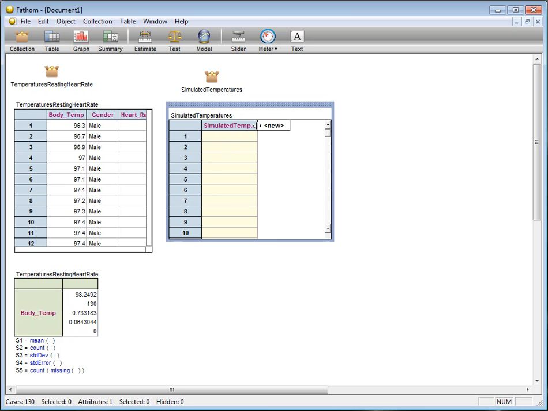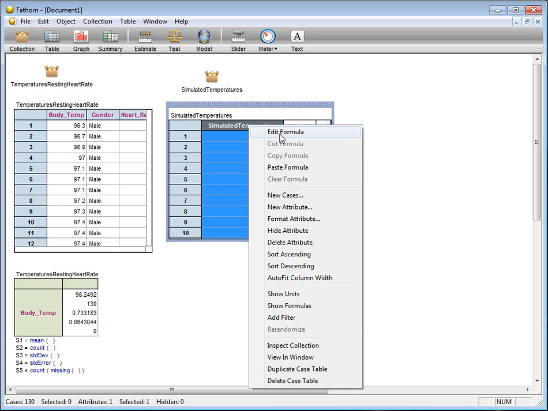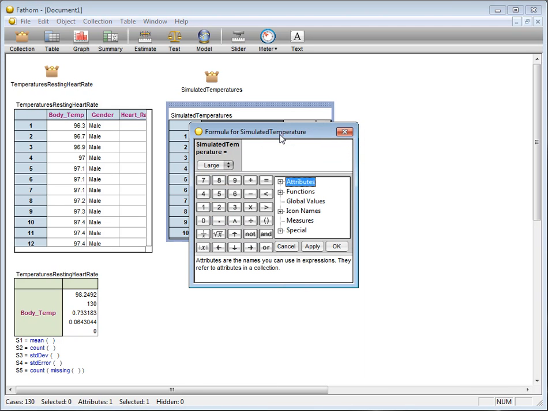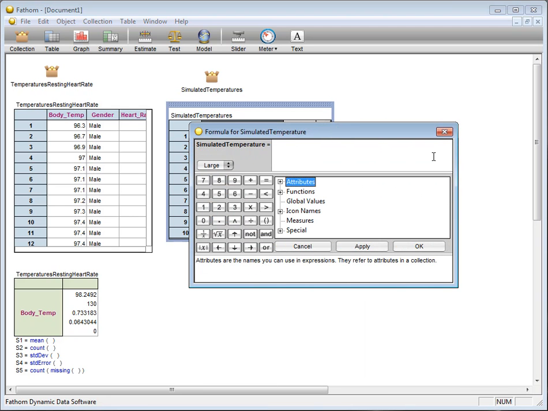And my philosophy is going to be that I'm going to choose the mean of these simulated body temperatures, but I'm going to have the simulated body temperatures have the same sample standard deviation as the original set of body temperatures from the original set of data for this study. So recall that when we were conducting the hypothesis test, we right-clicked on this attribute column, edited a formula, and the formula that we wanted was random normal